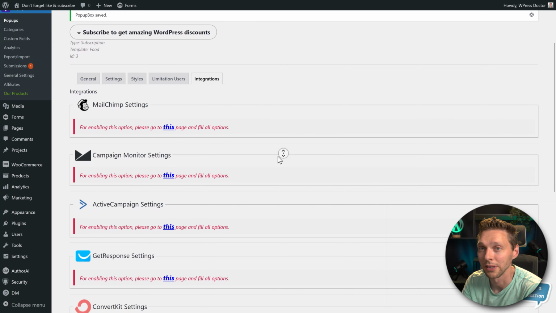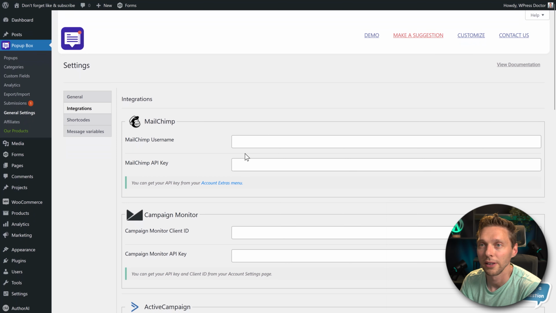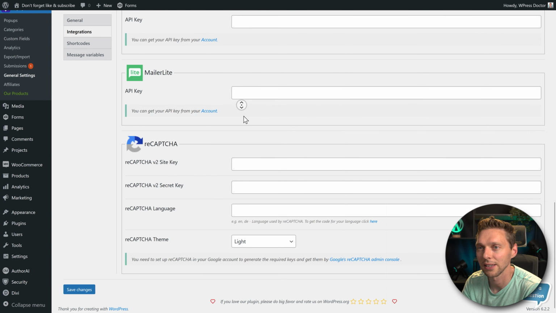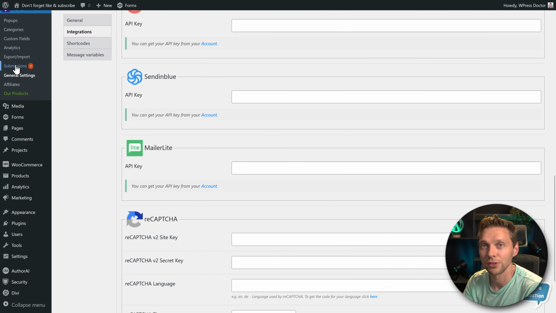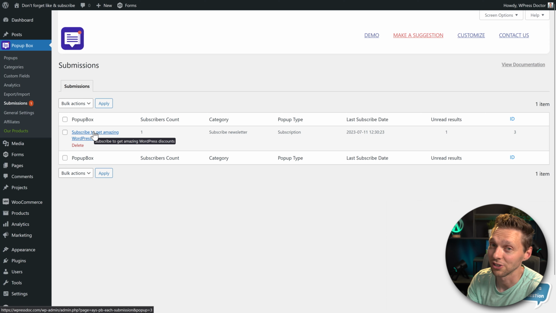I'm really happy. Now, in all the integrations we see, one thing that is new is the reCAPTCHA. So if we go over here, we can just fill in all the API keys to get a real connection. Now I can also go to submissions in here, and here we can get subscribe to get amazing WordPress. These are the letters we saw in the settings.